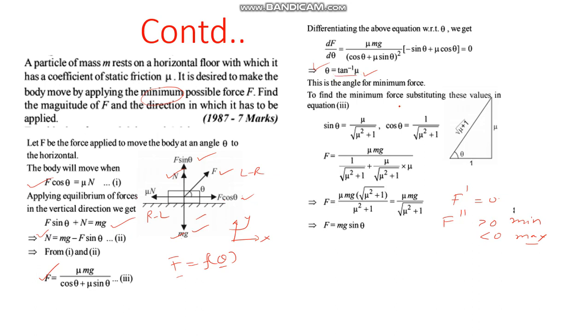Once you get theta equal to tan inverse of mu, you imagine a triangle like this. There is a theta. Tan inverse of mu means tan theta is equal to mu divided by 1, opposite by adjacent. So this is opposite, this is adjacent, this is hypotenuse. From here you will get the values of sin theta and cos theta, which you put in this equation. You will finally get the equation in this format. After that it is just simplification, so you just solve this.